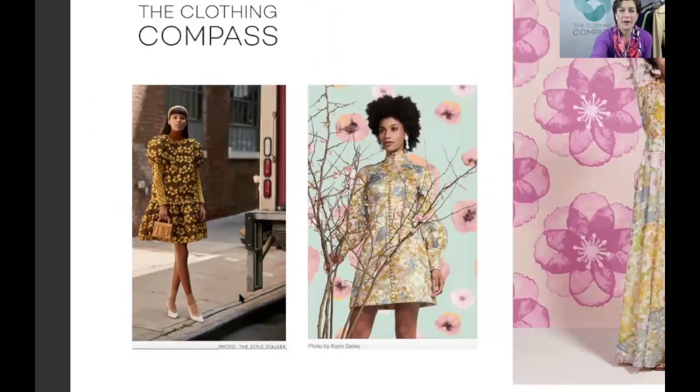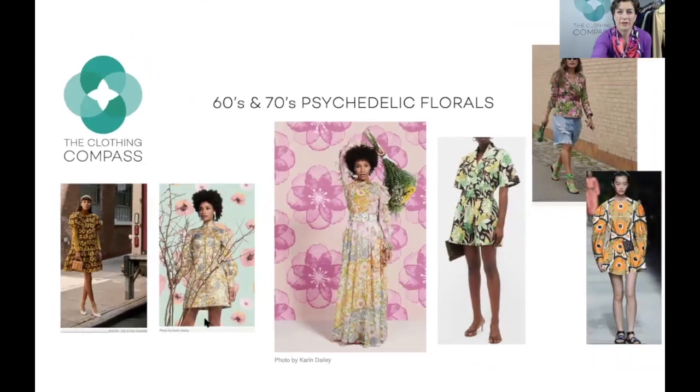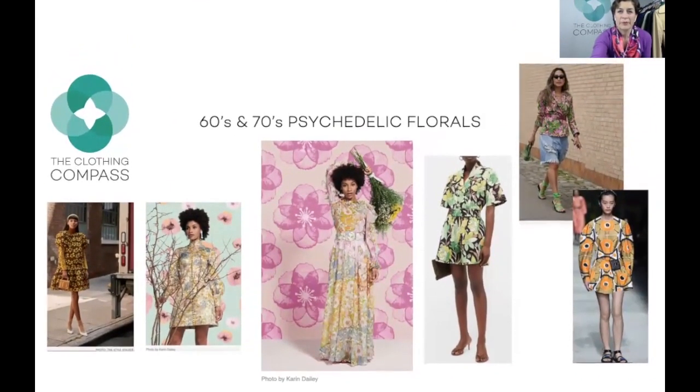But yeah, the thing about, I'll just show that one more time and then I'll get off of the screen share. But the oversized is fine if you're very thin. That's the number one criteria. And you should also preferably be very tall. Because what happens is, and I think that's a common